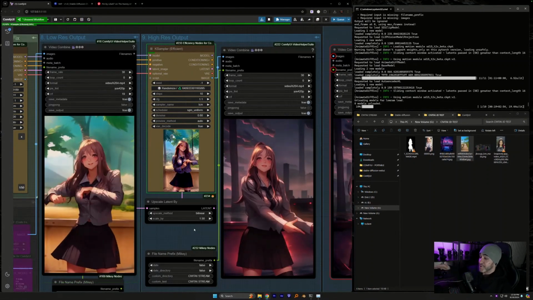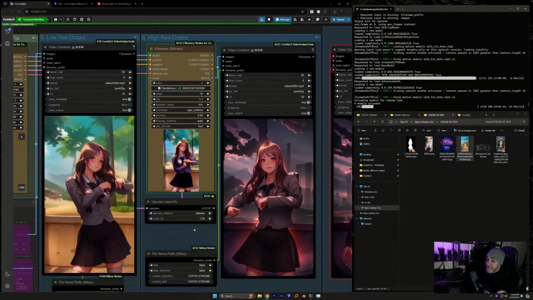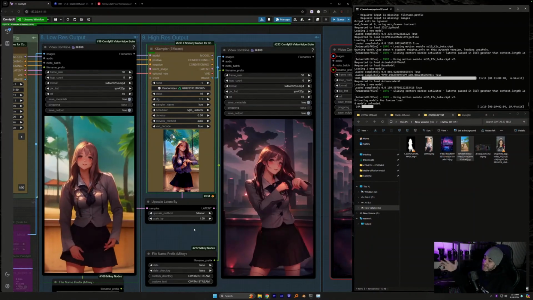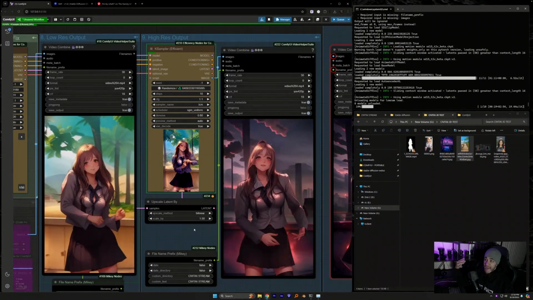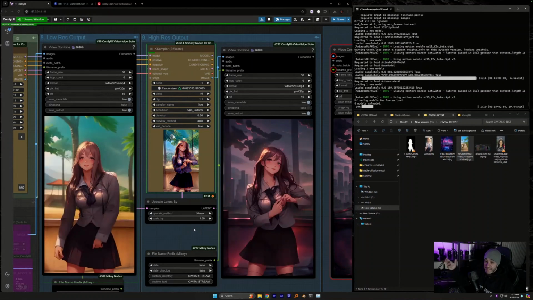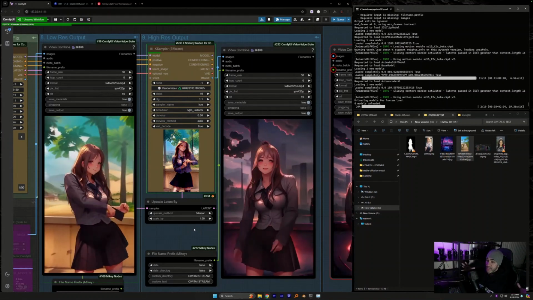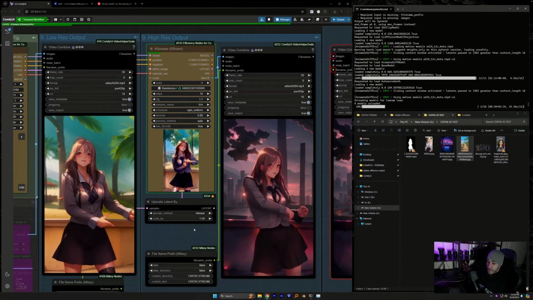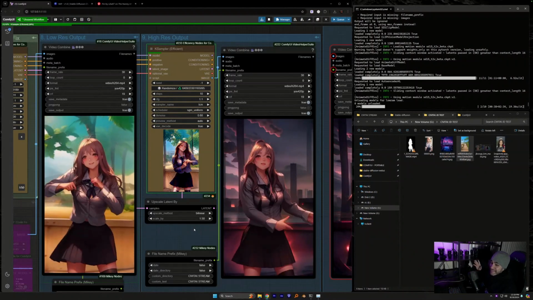The reason I redid this and we're doing this whole thing today: there was a post on Reddit in the Stable Diffusion sub, and someone had shared their workflow for something similar to this. I opened up the workflow, and it was so insanely over-engineered. Oh my God, my head wanted to explode.